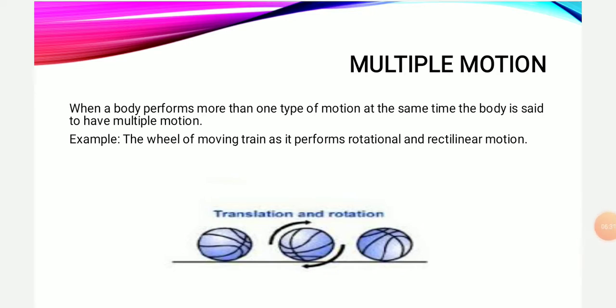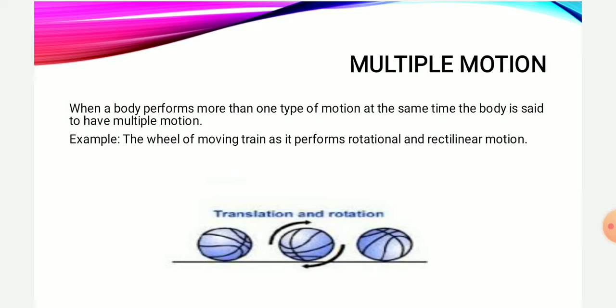Let us take an example of the same earth. The earth is a brilliant example again. When the earth is revolving around the sun, it is showing not only periodic motion but also circular motion, and at the same time the earth is rotating also, so it is showing rotational motion also.